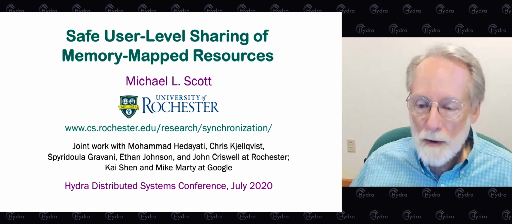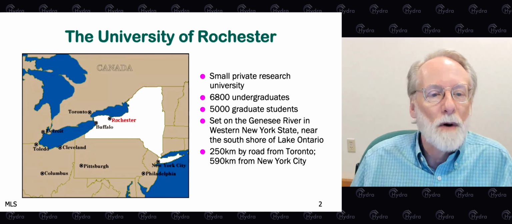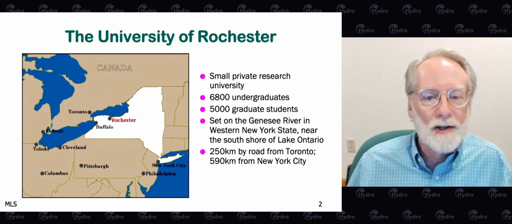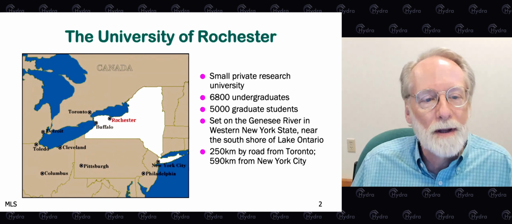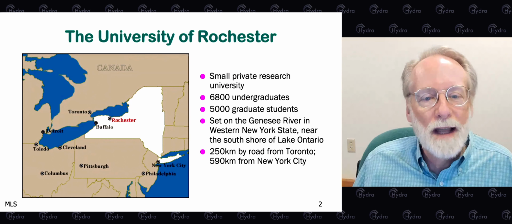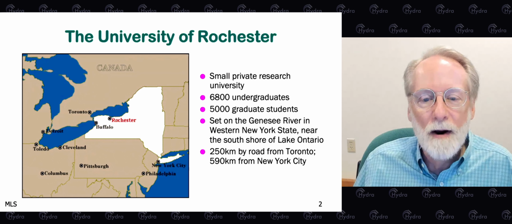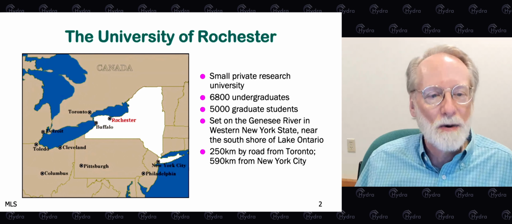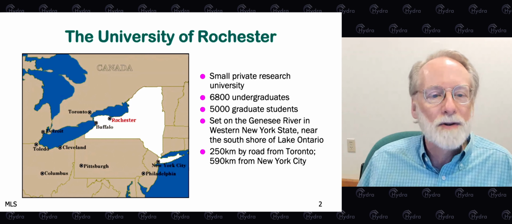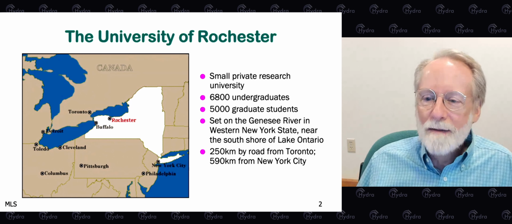So for those of you who might be curious and don't know, the University of Rochester is located in Rochester, New York, which is a city of about 1 million people, middle shore of Lake Ontario, the easternmost of the Great Lakes in North America. The nearest really big city to us is Toronto, which is about a 3-hour drive. New York City is in the same state, but it's a good bit farther away, about a 6-hour drive by car.